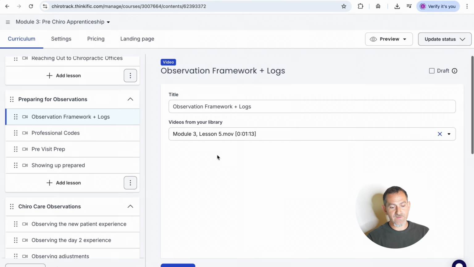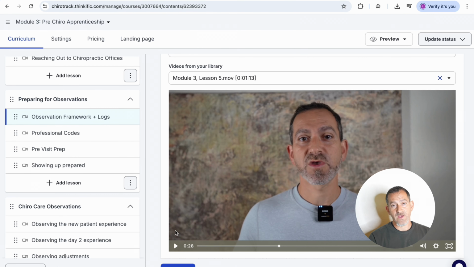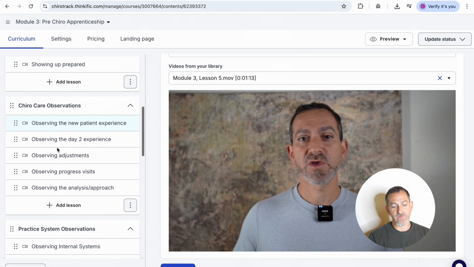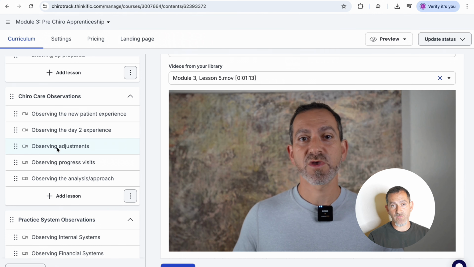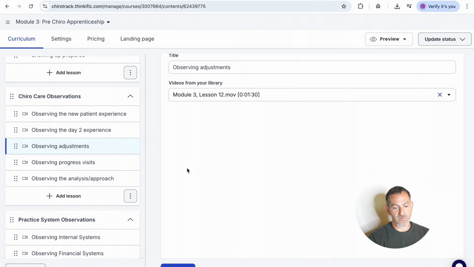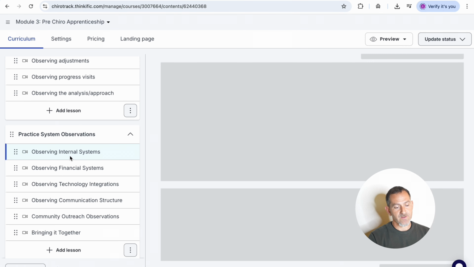If we click on one of these, so as you can see, my teaching style is to constantly be giving recommendations or giving ideas on how students can approach different scenarios, but by no means am I saying you have to do it a certain way. My job really with these courses is to help build their understanding that there's a lot more that's possible, that students can challenge themselves to go the extra mile. So like, for example, observing adjustments. See, I'm giving